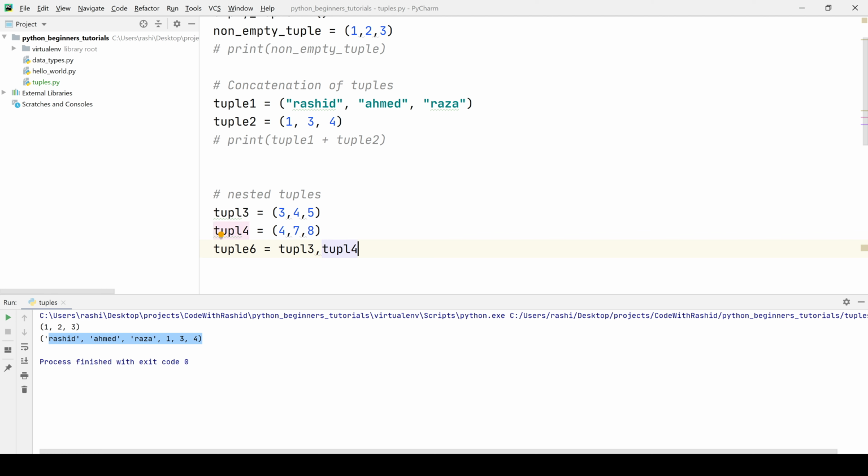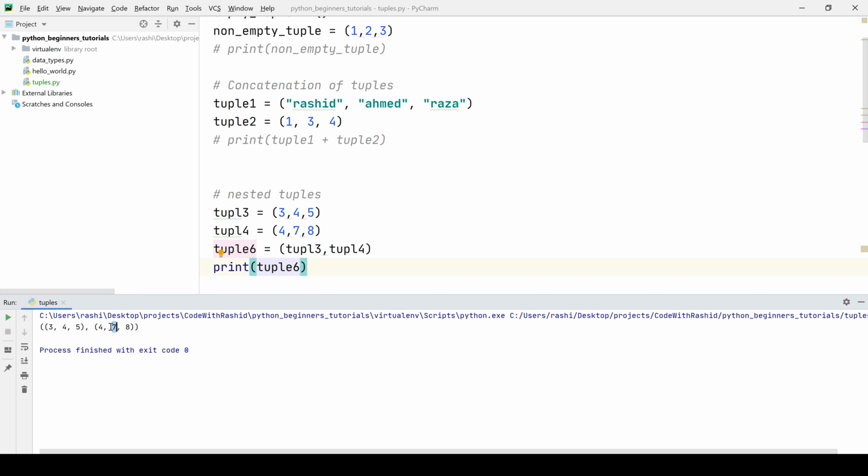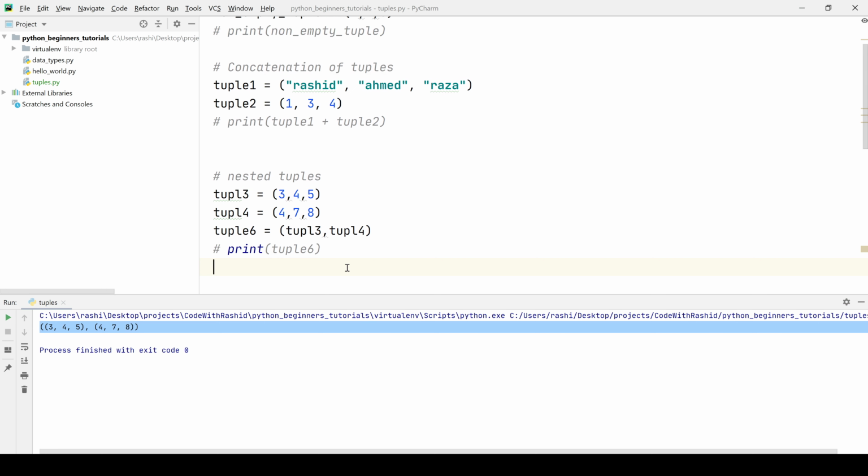So we shall take these two tuples inside another tuple. After printing the results we shall see that we have got a tuple that is having another two tuples inside its body. So this is the output here guys. So this was the nested tuple.